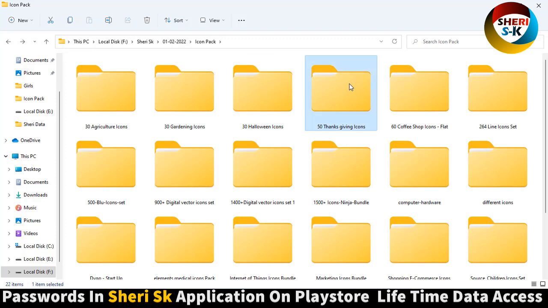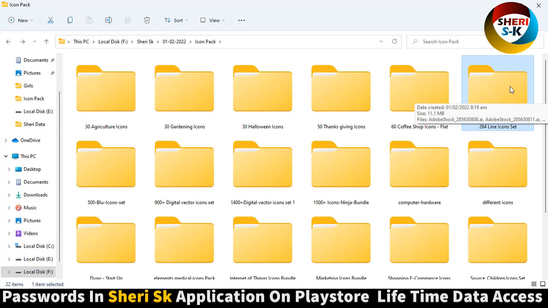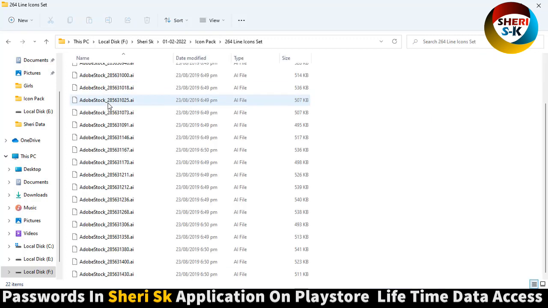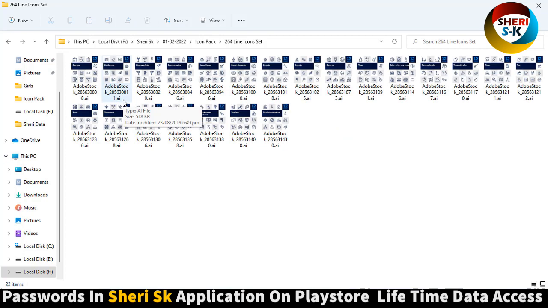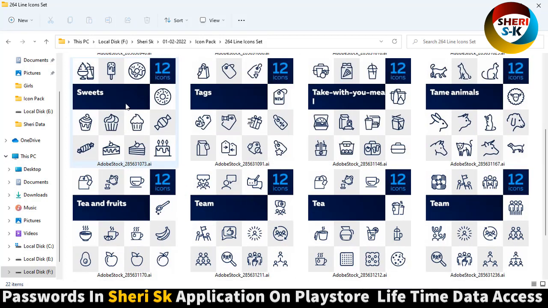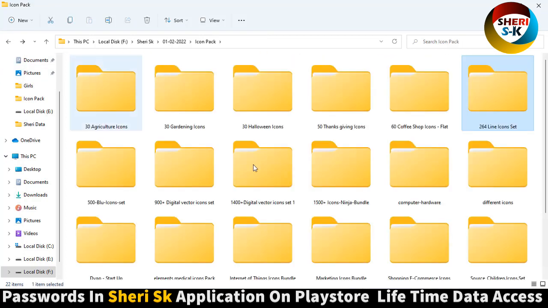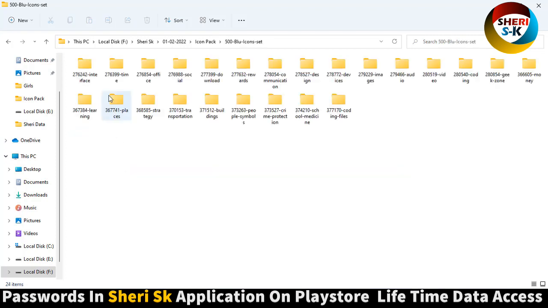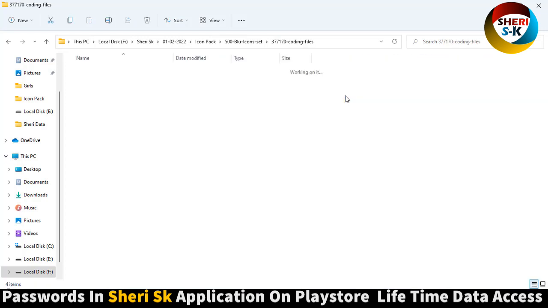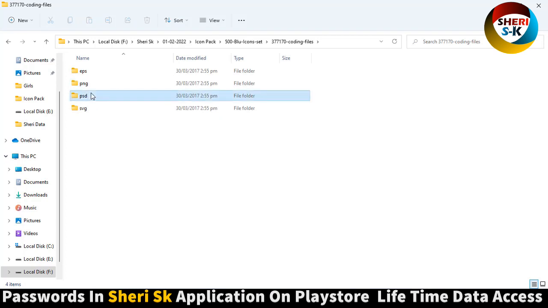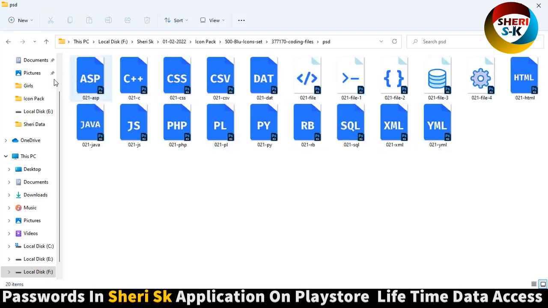Next is coffee, and 264 line icon set. These are for Adobe Illustrator. Okay, and here are 500 blue lines with different files, AI, EPS and PNG files. Okay, here is PSD, wow, for Photoshop CC+. Here are files, HTML, Java. Okay,